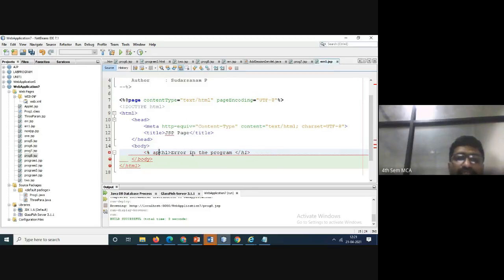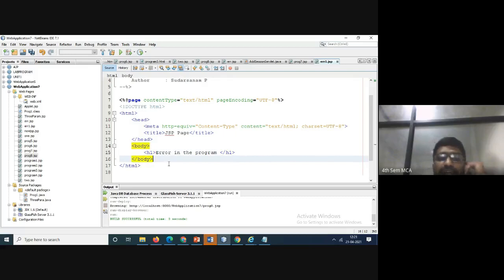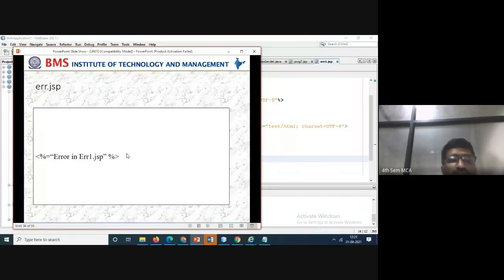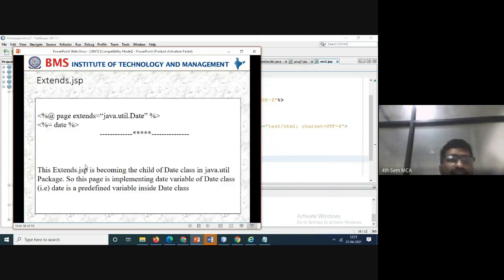Anyway, why change that? You can practice it, why make confusion. So let it be error in the page. Now come back to this. Any doubt now? Changing it, one more is the error page. Now go back to this. Error in the error page, I have just written the JSP here, error display.